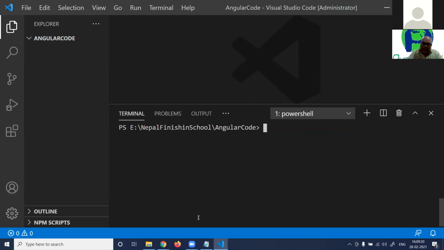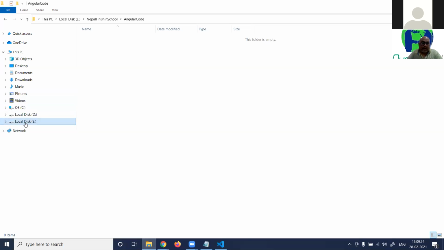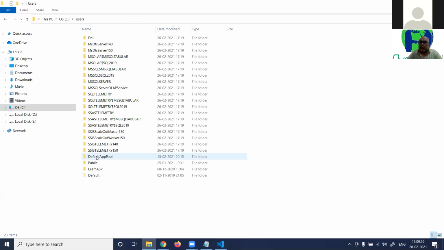Let me just give some time on this -g. So for example, now look at this. If I say npm install -g jQuery, what this command will do is, if I enter this, it will not create the jQuery folder in my local. You can see in my local, it has not created any folder. What it has done is, at the computer level, at the machine level, somewhere in my users folder, you can see this is the users folder. And I'm logged in currently with the username Dell. So if I go to Dell,